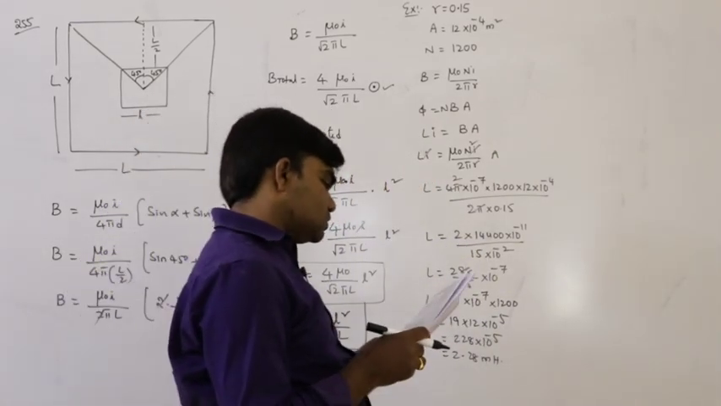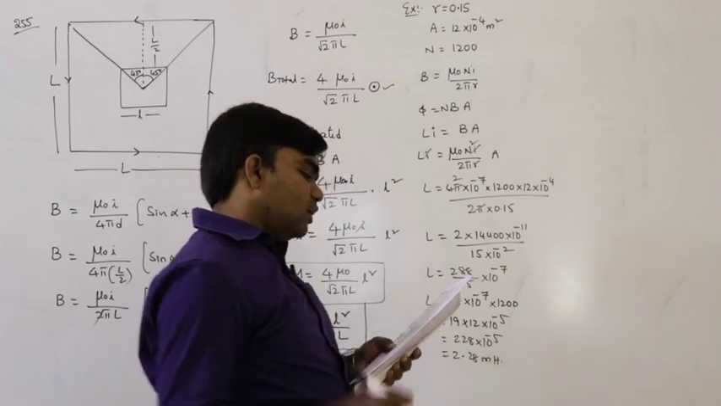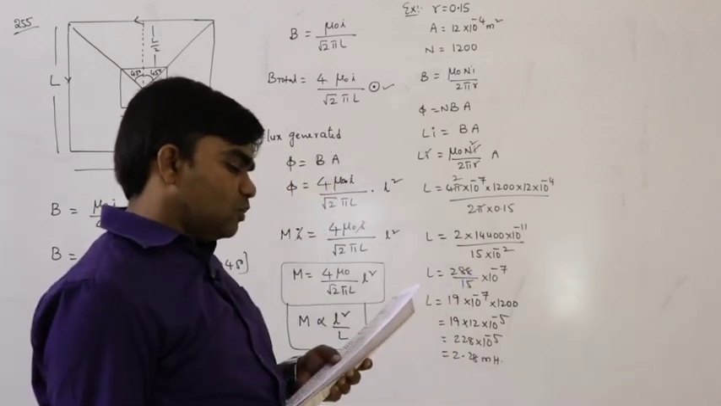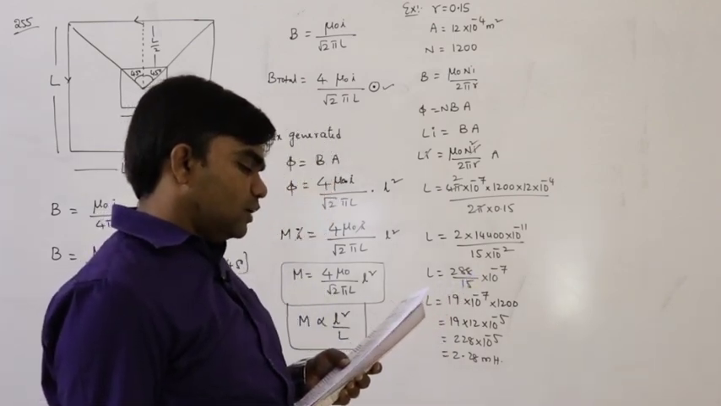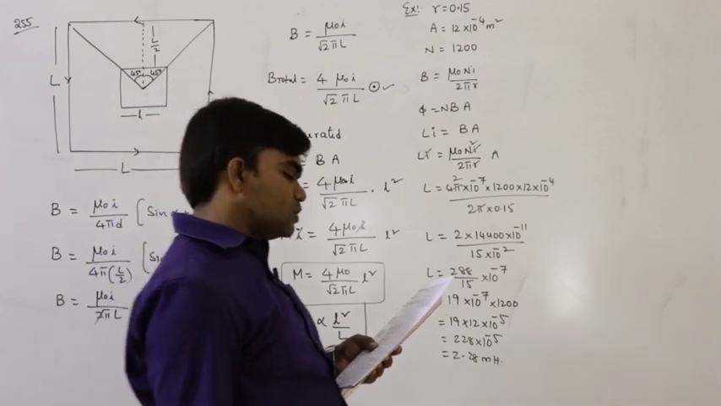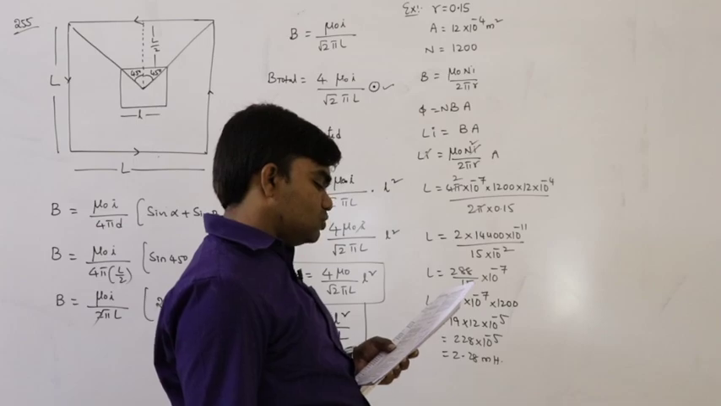Next condition: a second coil of 300 turns is wound closely on the toroid above. If the current in the primary coil increases from 0 to 2 amperes in 0.05 seconds,